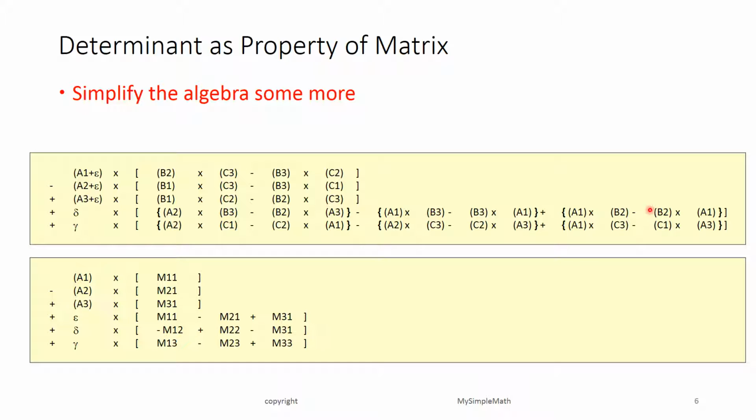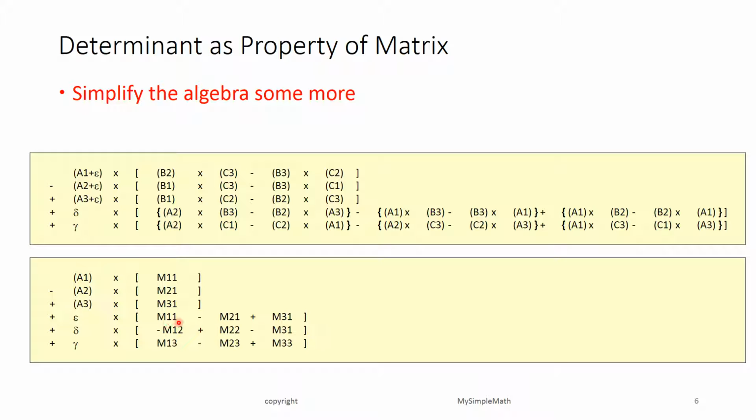Now this term will have to be rearranged. Similarly, gamma into this term. This algebraic equation comes from simplification of the expression given previously. And here we see that this is A1 into a minor, A2 into its corresponding minor, and A3 into its corresponding minor, plus epsilon, delta, and gamma into a similar equation as epsilon